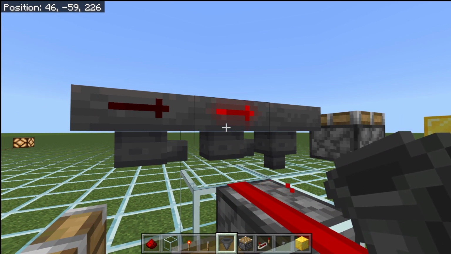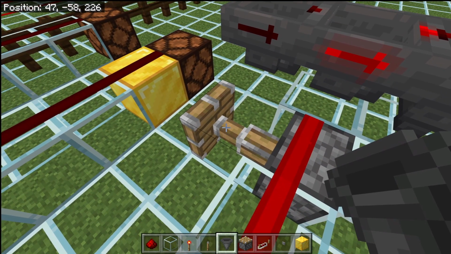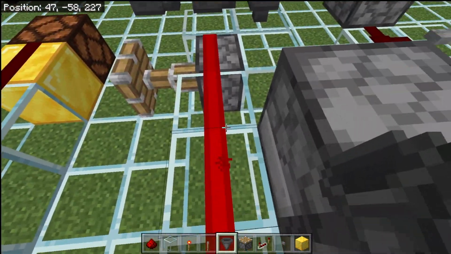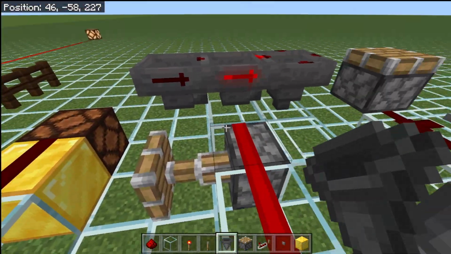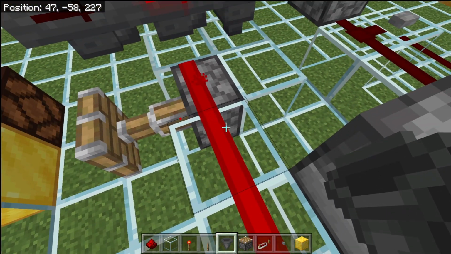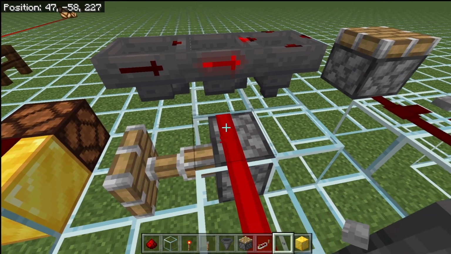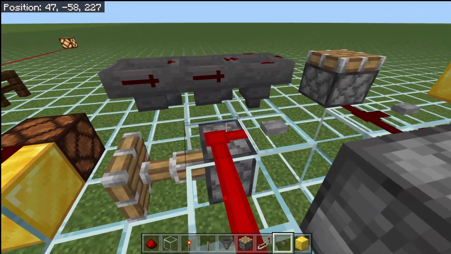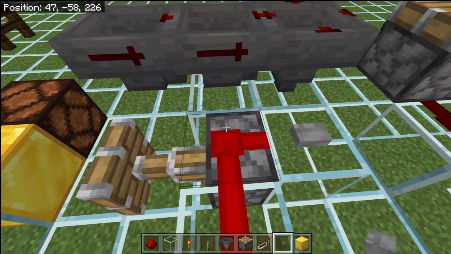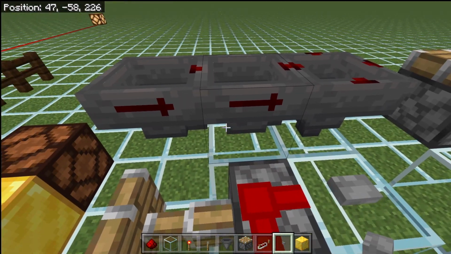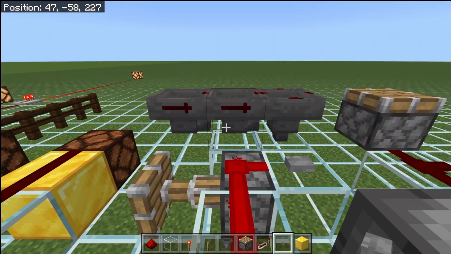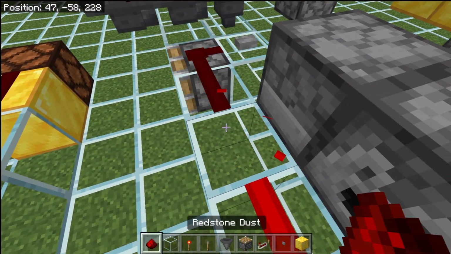of that hopper. However, we still need this piston to be powered, and we can't really move any of this around because we have circuitry to that side. We have circuitry above and below this. It's all intertwined. The easiest way to fix this is going to be to grab something to redirect it and place that right there. Then we have this redirecting the redstone over into the button. It is now no longer locking that hopper, however we still have that piston powered just like we need it